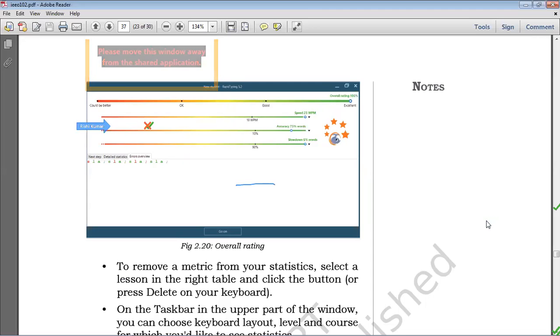This is the wrong method, and it takes a lot of time for searching the keys. So for good typing and for typing like an expert, we have to use all the fingers. We don't have to look at the keyboard; we only look at the screen and the document. This is the correct method of typing.